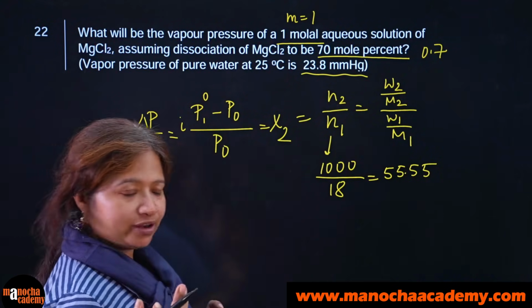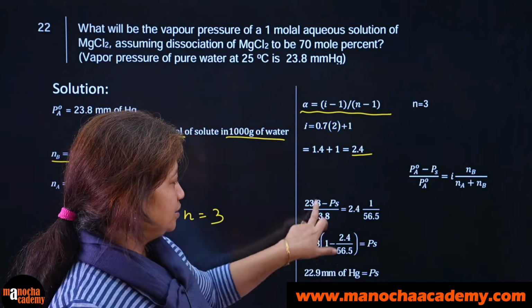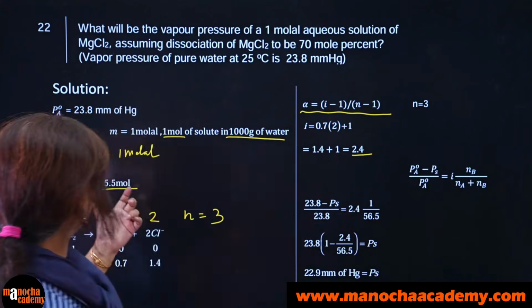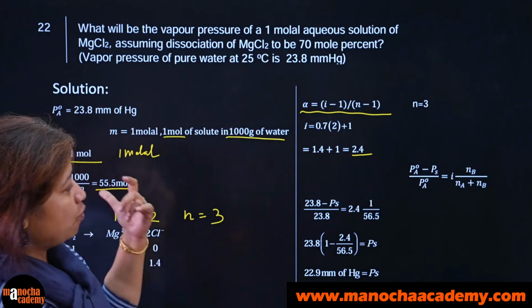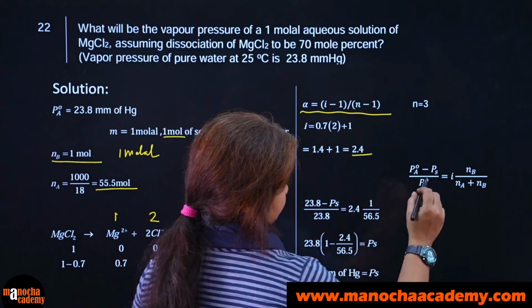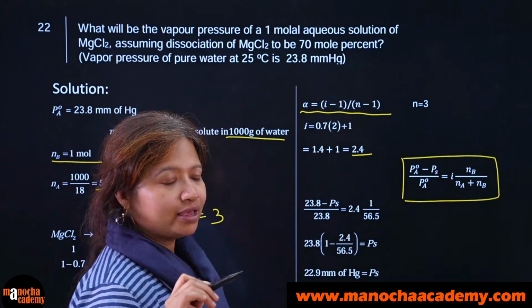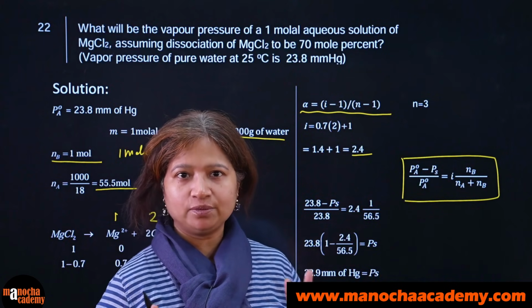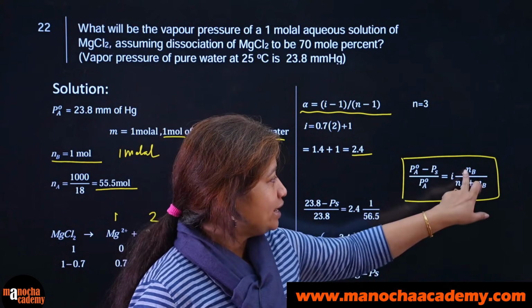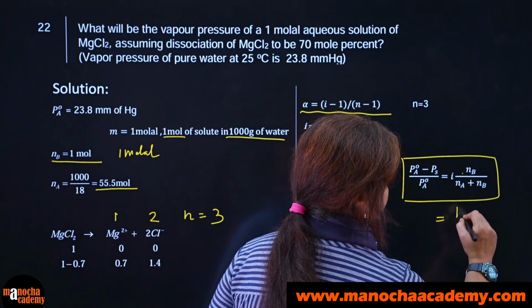Colligative properties depend on that. So based on that, we get it here, 1 by 55.5 here, 56 here. We can see, let me tell you, here both answers are accepted by the boards. Let me tell you, you can either use this, or actually I tell students to use this only,